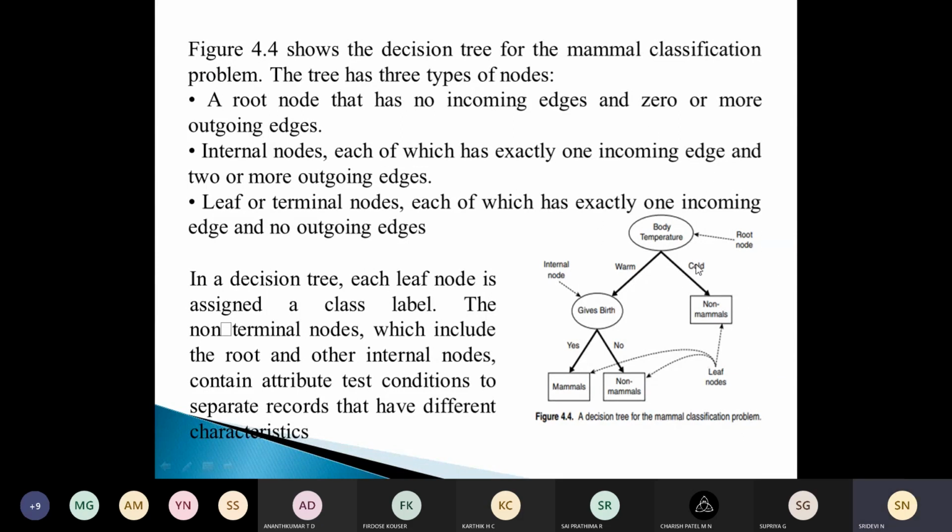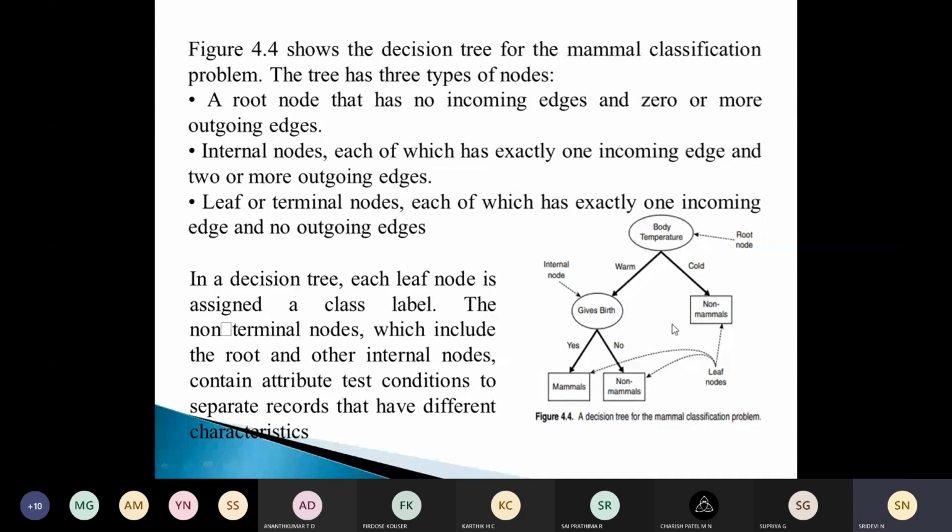Here we have 3 types of nodes, as you can see: root node, internal nodes and terminal nodes. The root node is the one which has no incoming edges and has 0 or more outgoing edges.